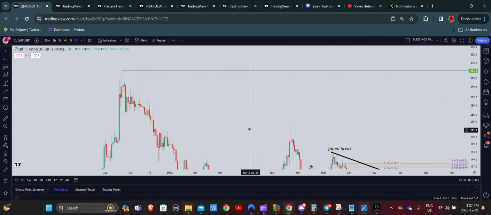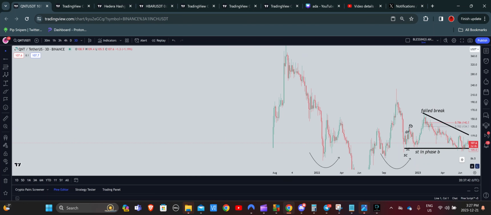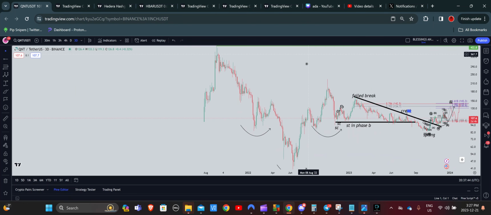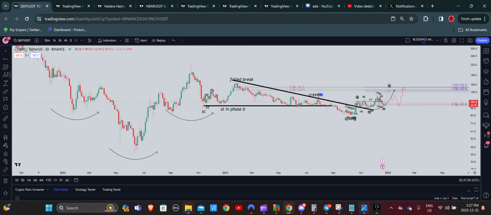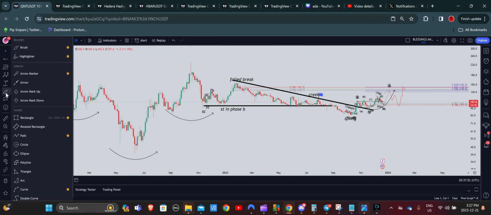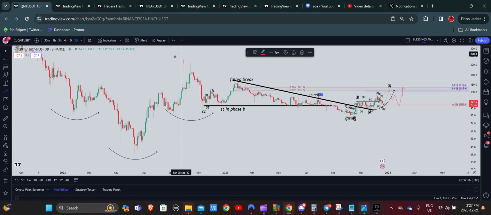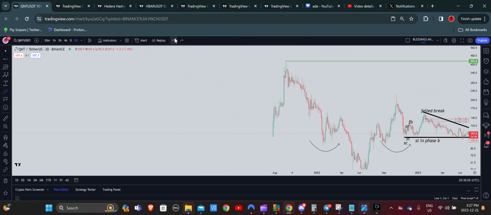Because when we take a look at the long-term chart with Quant on the CoinTrader Pro charts, we see that we are within our fifth wave. So right now, this over here would be considered our wave 1, and this over here is our wave 2. So we have a long road ahead of us with Quant. It has a lot of potential, and I think we retest these all-time highs and actually even